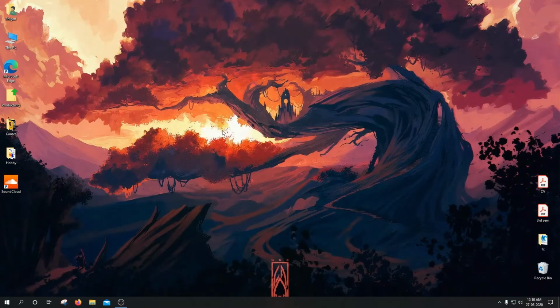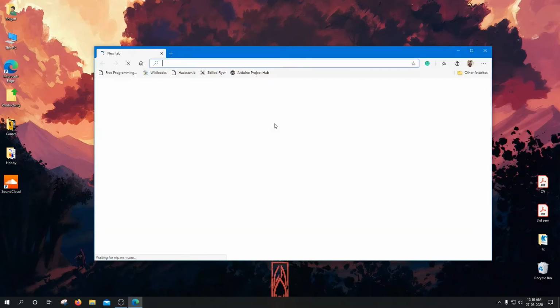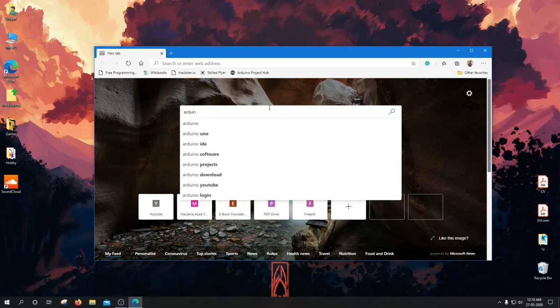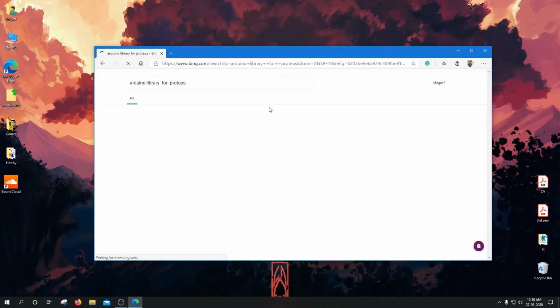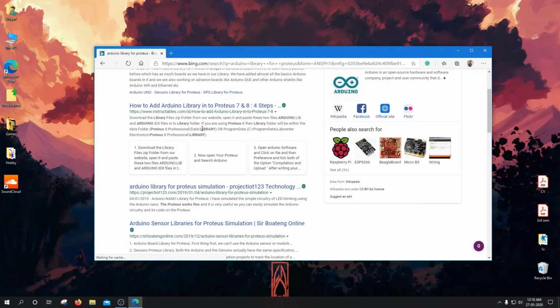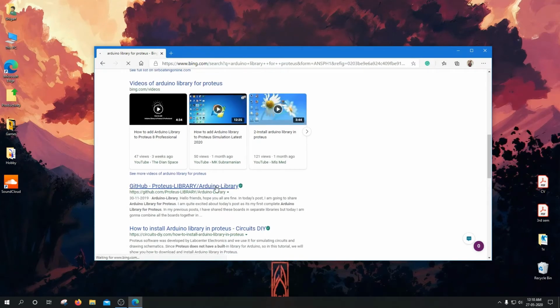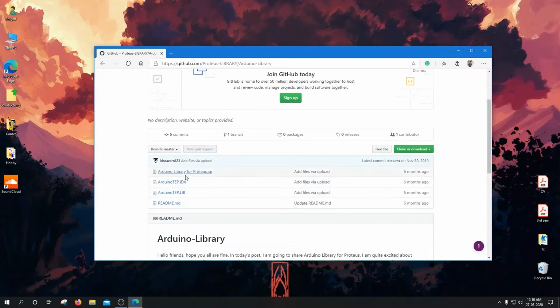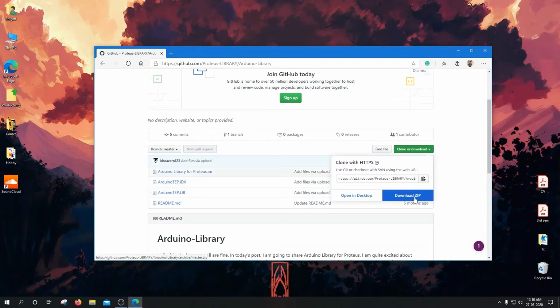Close the Proteus software and let's head over to your favorite browser. I'm going to use Microsoft Edge. Use a Google search: Arduino library for Proteus. Let's see. Okay, there are a few sites. I recommend you download it from GitHub because GitHub is a trustworthy source. There are these files which we have to download. Let's download it by clicking on clone or download and download it as a zip